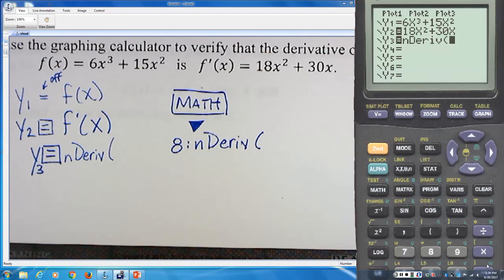So, in deriv, let me see this for a second, make sure that I tell everybody the notation correctly. If you got the 84, it brings up d over d box. Type an x in that box. And then in the parentheses, you got another box. We're going to put in y1, just sit tight. And then in the last box, I think you're going to put an